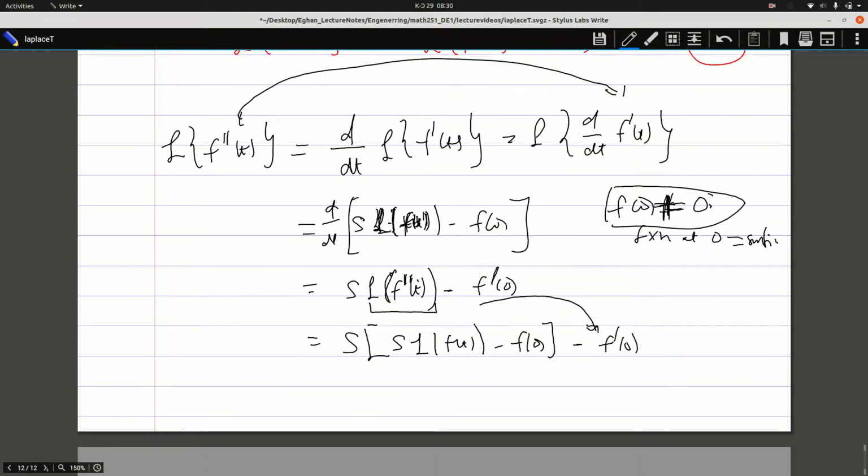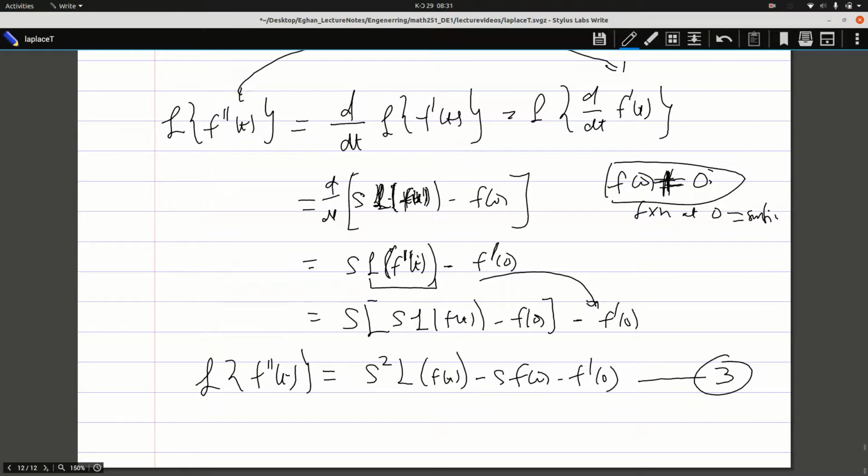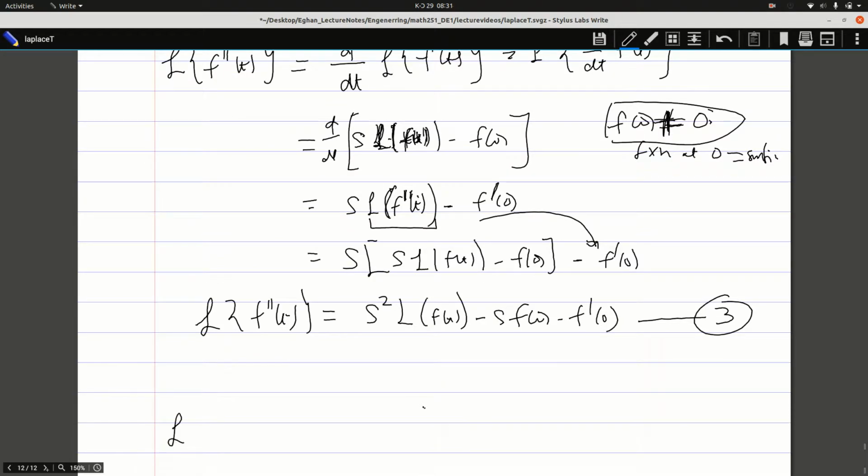I can expand this and have it as s squared Laplace of f of t minus s f at 0 minus f prime at 0. This is the second derivative. So I'll label that as equation 3. Now if I want to find the third derivative, so Laplace of the third derivative, it is the same as